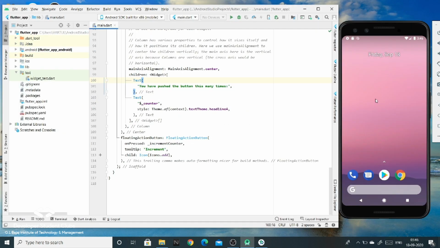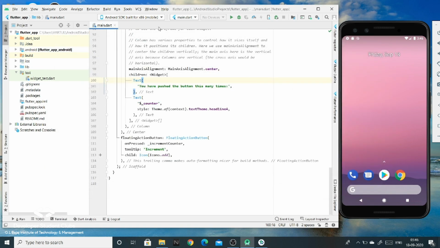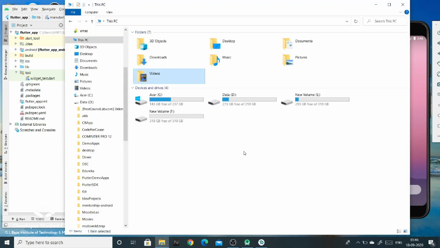Now that you have set up the emulator, it's time to add another environment variable, that would be a JRE variable. Up till now you were seeing that we have to go to the AVD manager, then start the emulator manually. But after adding the JRE variable, you can see the option of this Android SDK build over here itself. So let's go to the folder where we have installed our Android Studio.